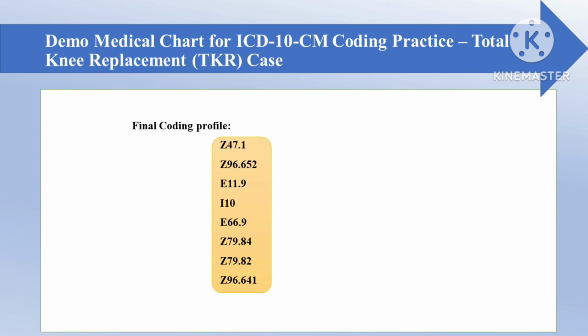If you check carefully, I have not coded an osteoarthritis code here, and the reason is the patient has osteoarthritis on the left knee only, and that is the reason for surgery, so it will resolve after TKR. In home health coding, we need to give more attention to selecting PDX. Give priority to the reason for hospitalization and main focus of care.